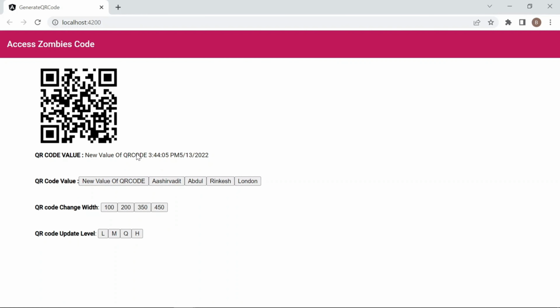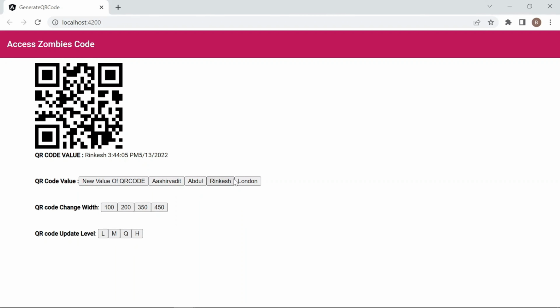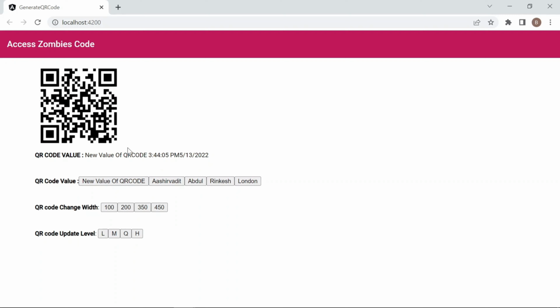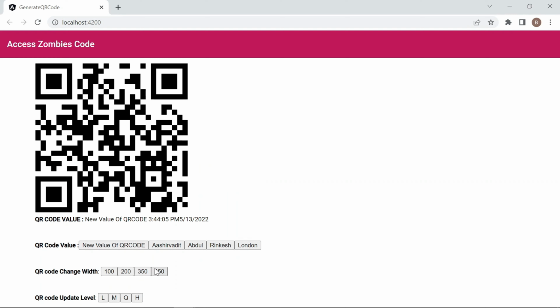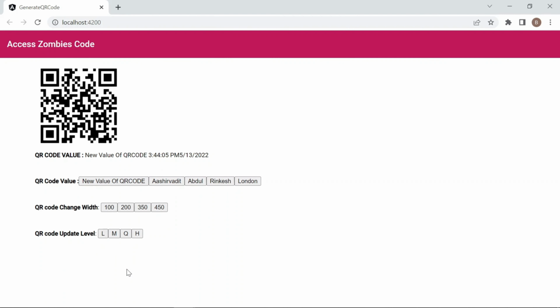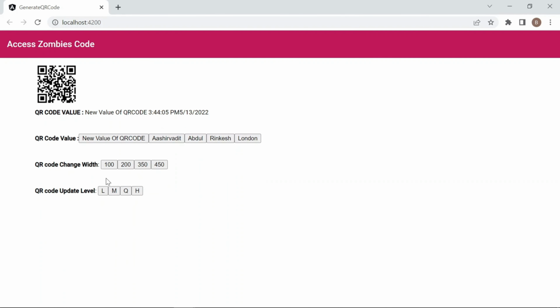Now the QR code value is changed, according to the value of the QR code. To change the weight, I can click the weight button, so the QR code is changed.